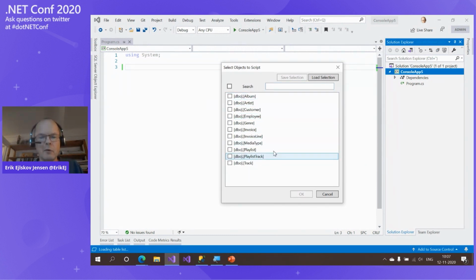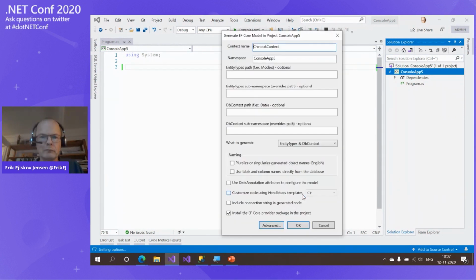The tool will then list all the available tables in that database. For the purpose of this demo, we'll just pick all of them. And next you will be confronted with a screen with a number of options, but you don't really have to take a lot of them into consideration to get started. You could basically just click OK here, but I would like the files to be put in a folder in my project so we don't pollute the root of the project. I would also like to include the connection string